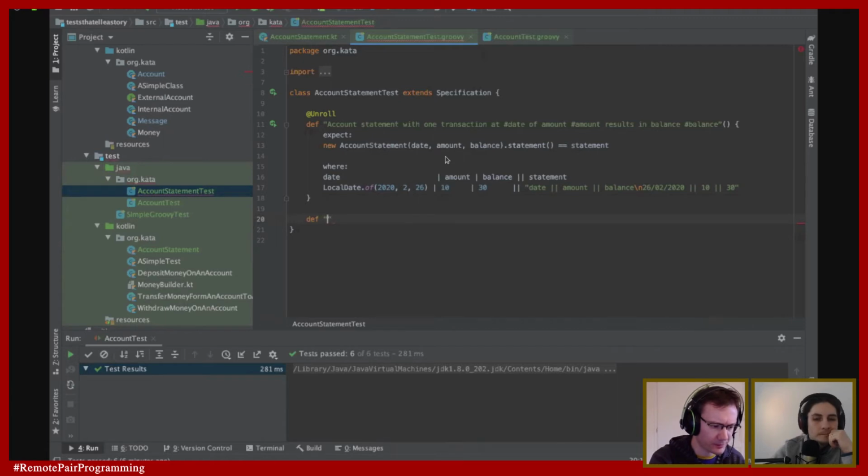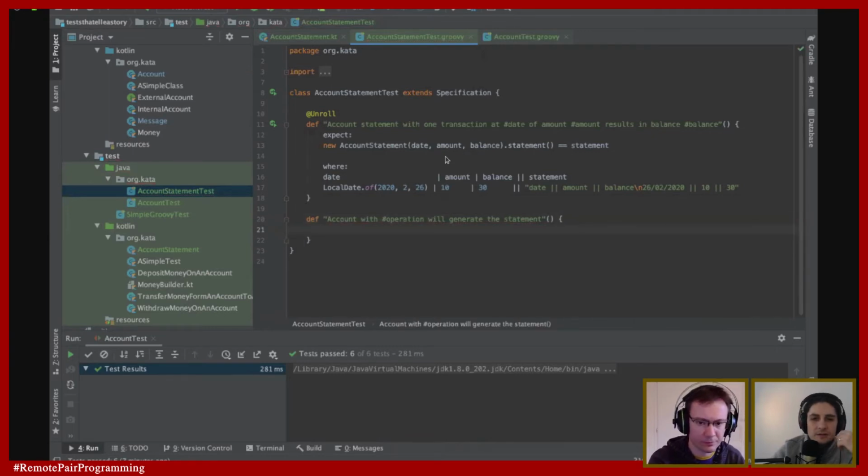Okay. So what would be the step? Well, I don't know, something like account with dash operations will generate the statement. I don't know, it's a bad name, but let's just keep it like that. I don't know more than that. So then how was it? It was